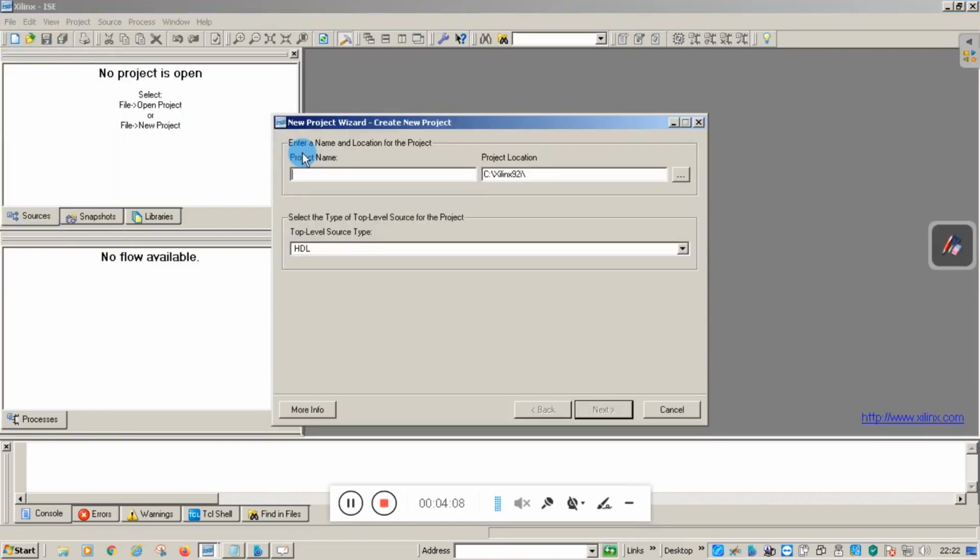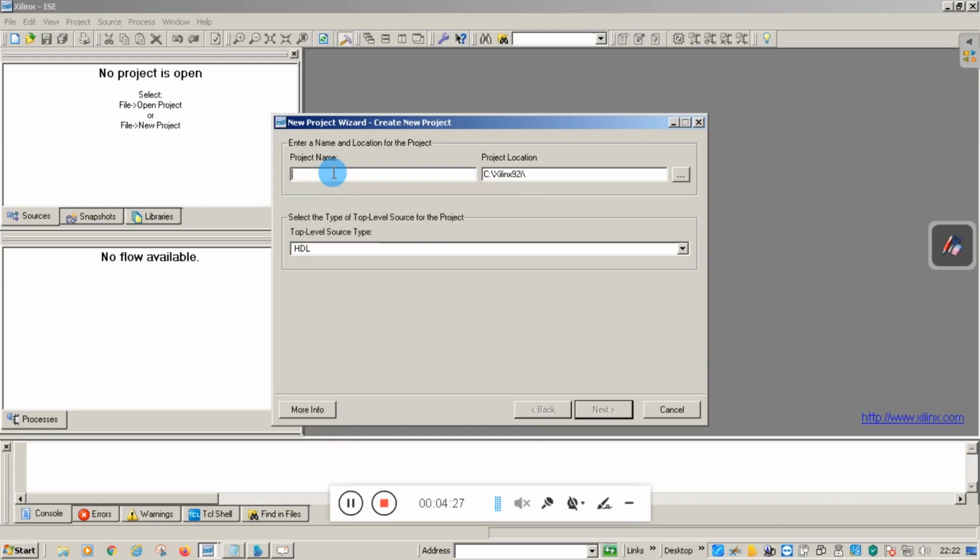Here it will open the New Project Wizard. Here you have to give the project name. The project name can be anything except some special characters. You can use special characters such as underscore. Other than that, you cannot use other special characters.